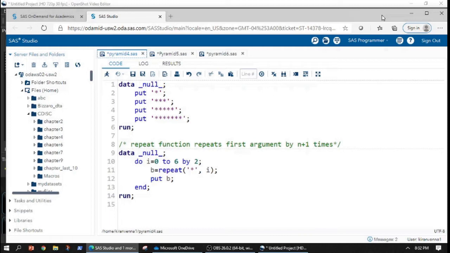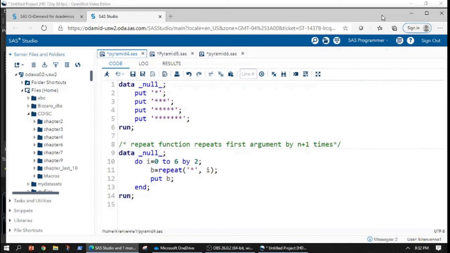Now that we have looked into all the concepts needed for this topic, let's dive into the main topic itself. Before going deep into this topic, let's start real slow. First, let's try to make a left aligned pyramid, and then I will talk about how we can make a pyramid.